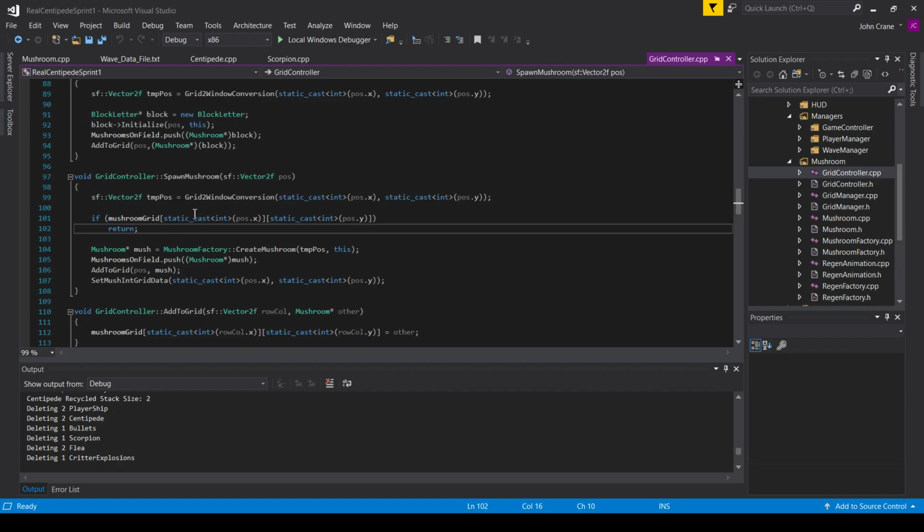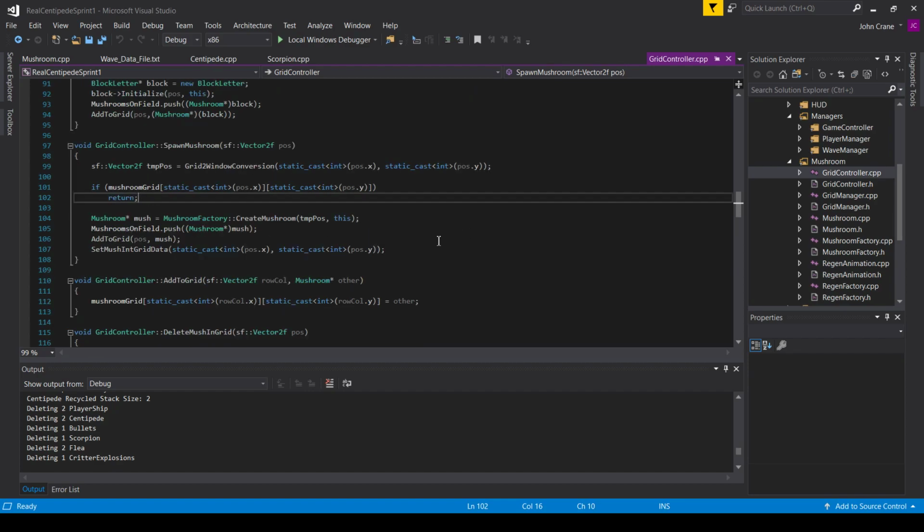If there's already a mushroom there, it just returns without getting to this next part, which creates the mushroom using the mushroom factory, pushes the mushroom to the stack of the mushrooms on field, and adds it to the grid. And then this set mush int grid data is just to